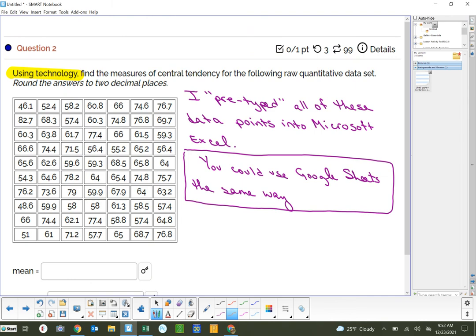So they give you this giant table. There's actually 70 numbers in this table. It says using technology, find the measure of the central tendency for the following raw quantitative data set. So I used Excel. I pre-typed all of these data points into Microsoft Excel. It didn't take me that long. You do need to make sure that you don't make a mistake. But this is where Excel